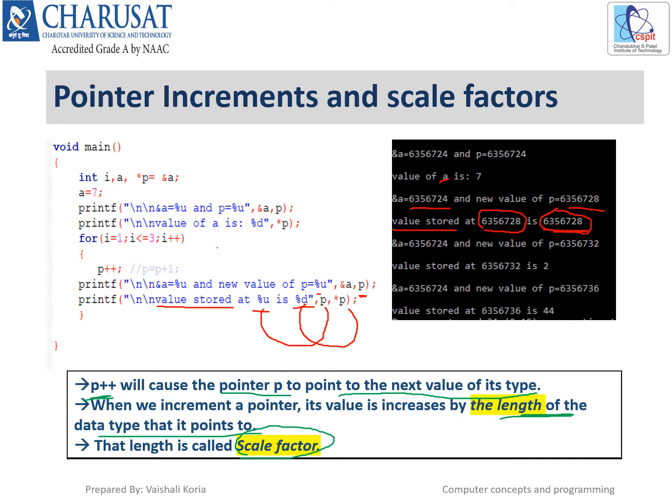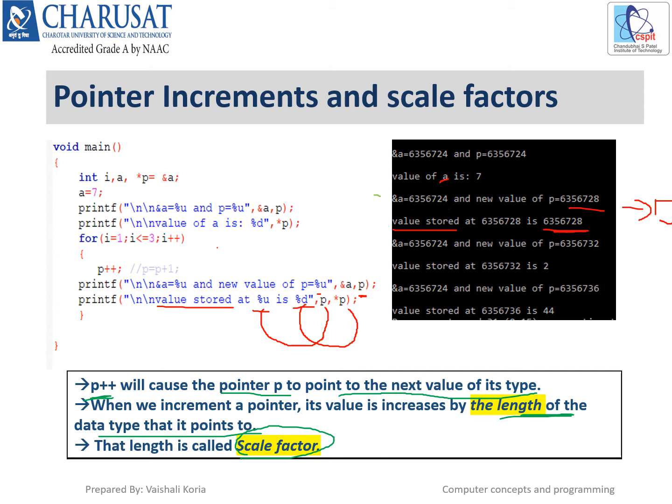So now it is pointing to the location, right? And we don't know which value is stored at that location. When we are performing the first iteration, this would be the output. Address of A would be the same, the new value of P will be obtained by adding the 4 bytes, and the value stored at the new location will be anything. We cannot assume what it can be.